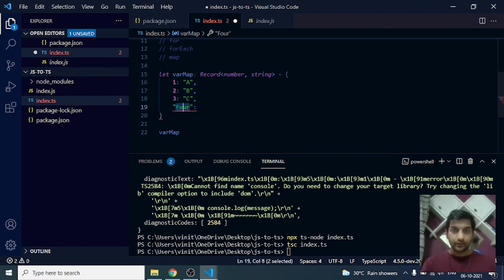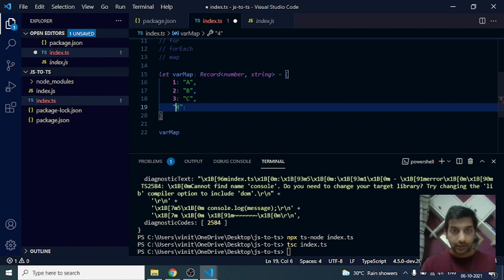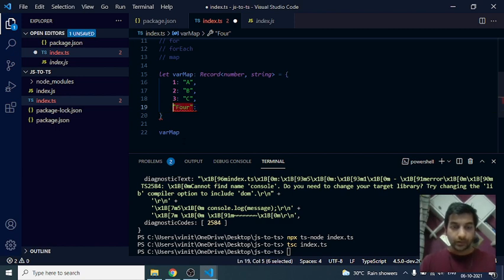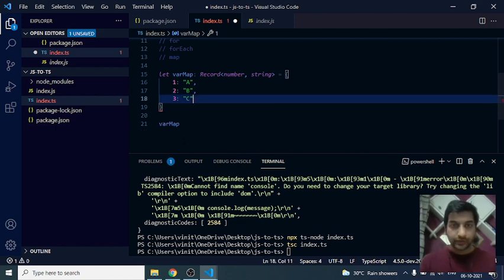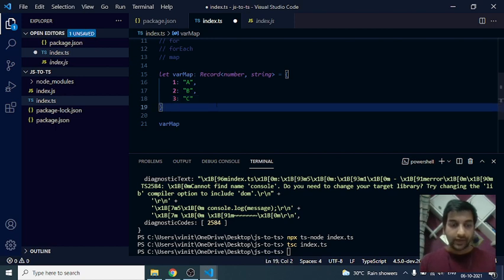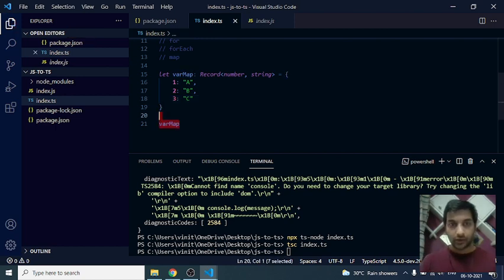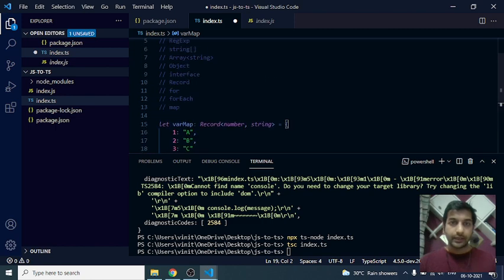Yeah, so 4, it's automatically converting into number, but anything else it's not able to convert into number, right? So true will not work, 1 will work. You can repeat the values. Okay, so that's how a record works. Key value pairs you want to define, use a record. Okay, let's go to